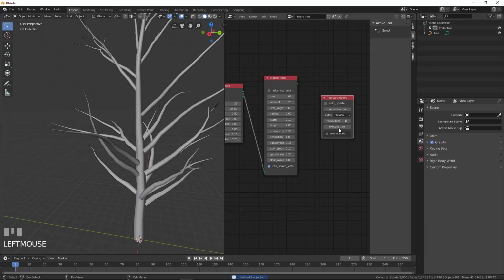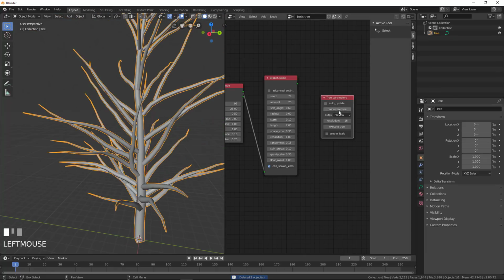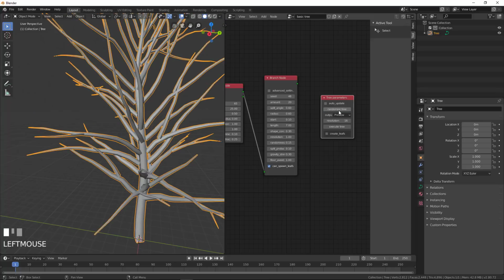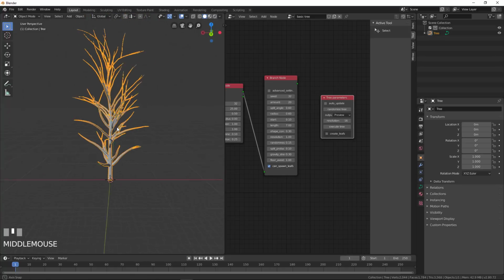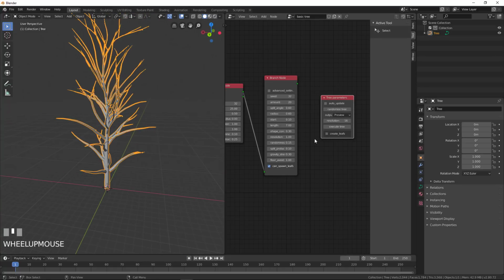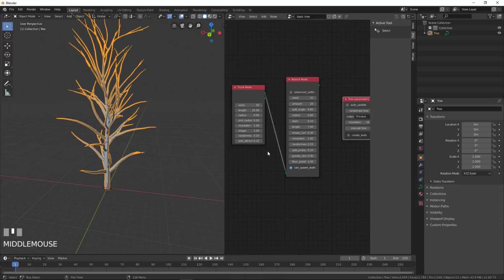So you can just select the tree and randomize the tree if you need to have different seeds in your tree like that, and you will see. When you have a shape that you like, you will just keep it like this, but with the settings here. When you change a setting here,